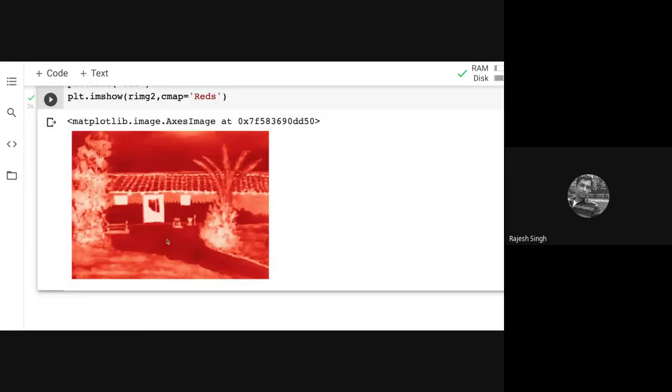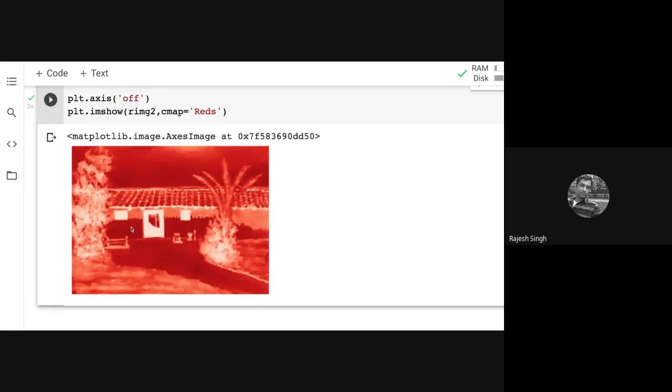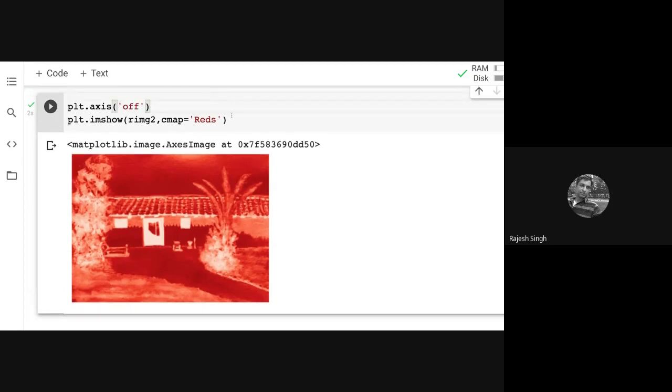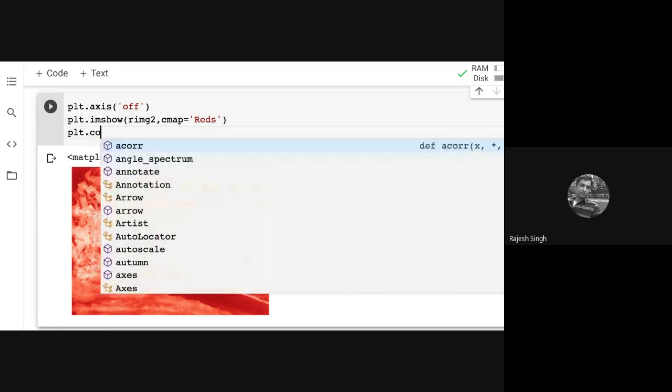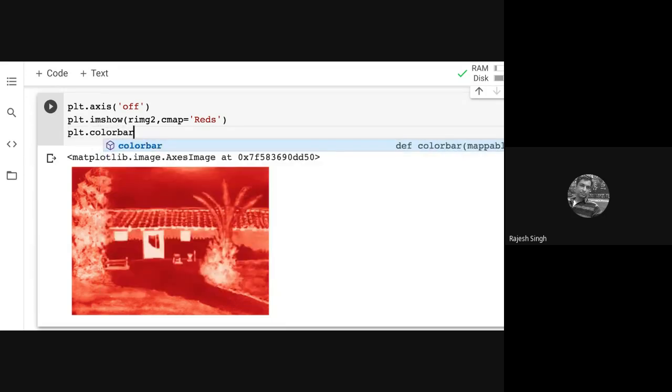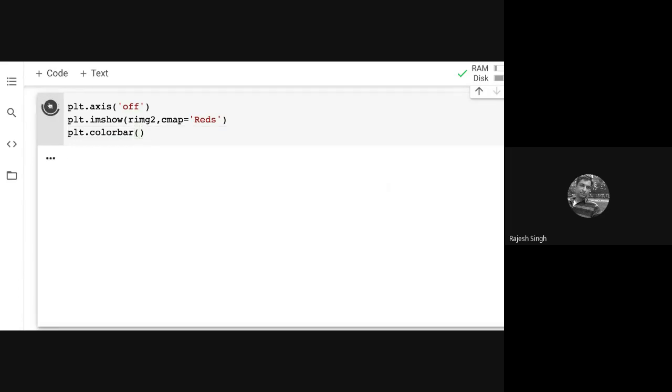Okay. Now I can create a color bar also. So I will modify this and I will print a color bar. This is the color bar.